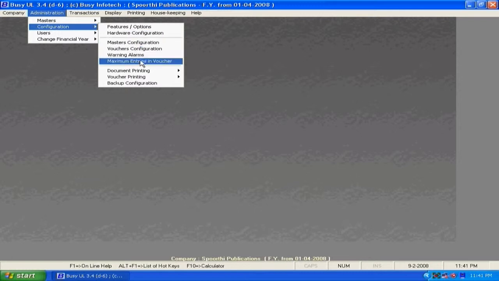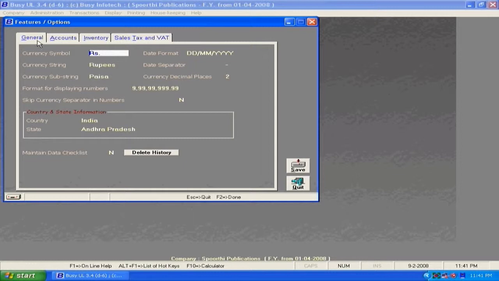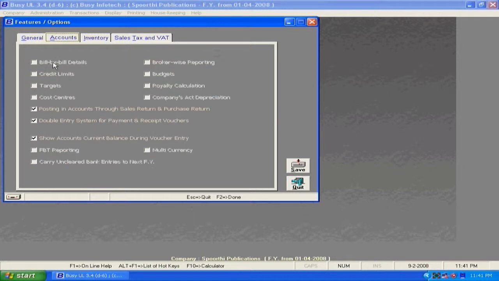these. On clicking features options, you'll be having 4 tabs: general tab, accounts tab, inventory, sales tax and VAT. In general, you'll be having these options. Under accounts, you need to check these enabled checkboxes.